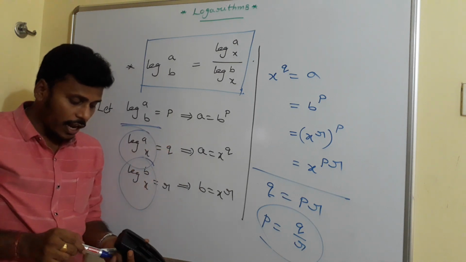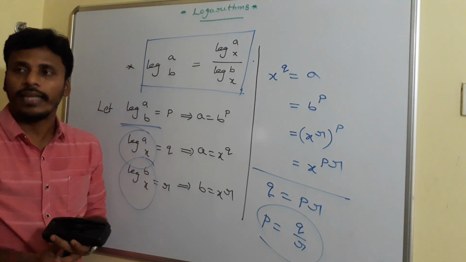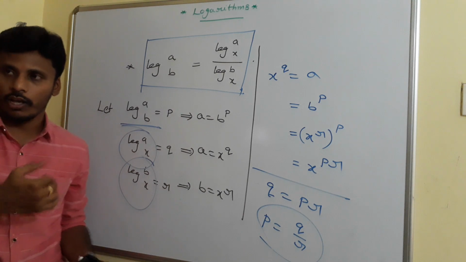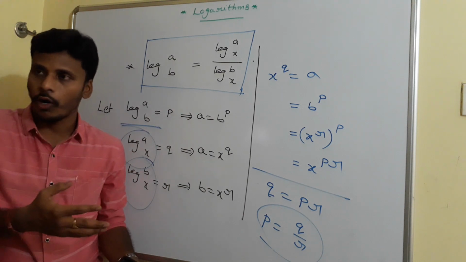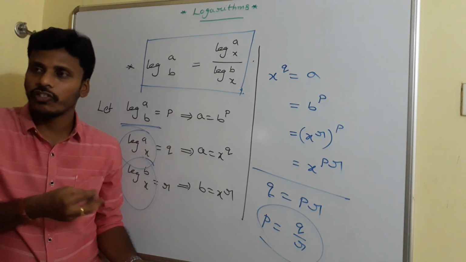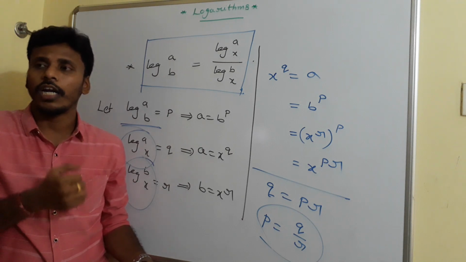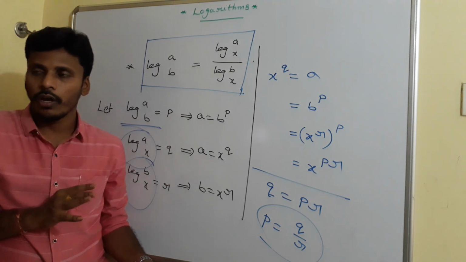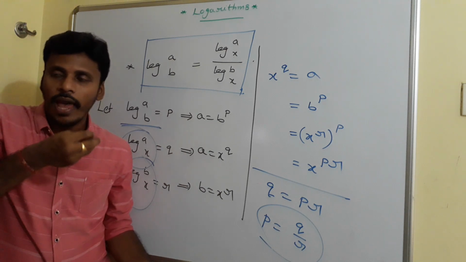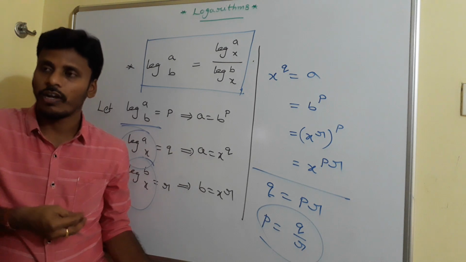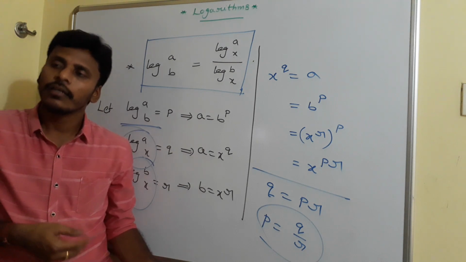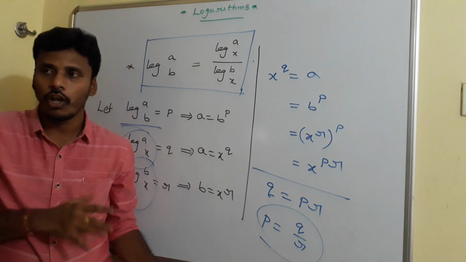See, basically there are roughly 9 to 10 laws in logarithms. Initially we are going to discuss all these laws. I will provide proper notes also. And if you are strong at these 10 laws, automatically you are confident and you will solve all the problems. Since it is the first class of logarithms, most probably you may have certain confusion related to this because the notation is very new for all of you. On practice, automatically you will be free at these logarithms.